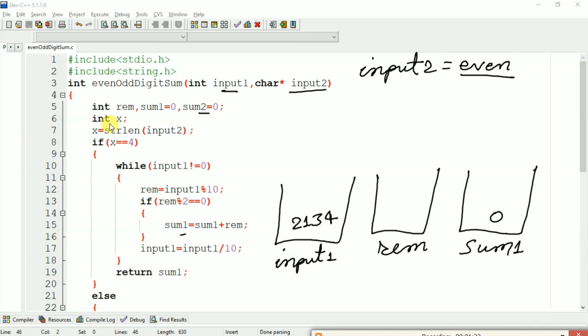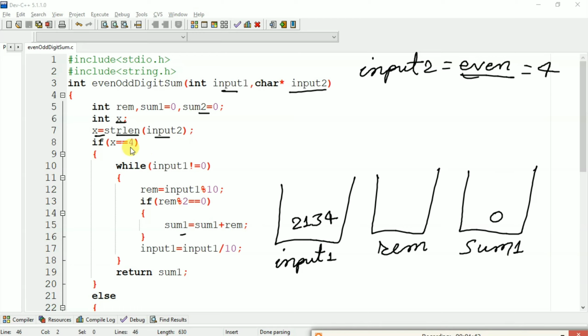After that we have taken one variable, that is x, and we have stored the string length of input 2 in x. So here the string length of input 2, that is even, is 4.